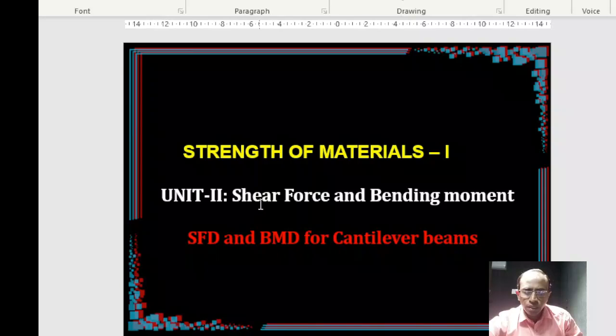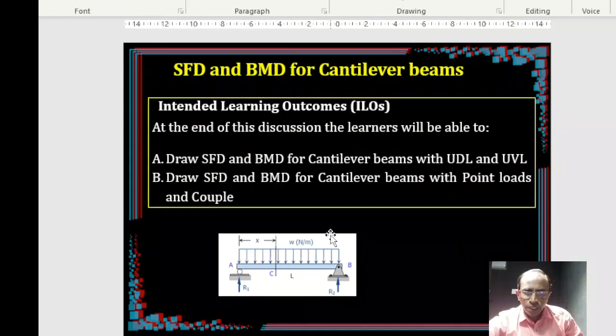This is part of Unit 2, namely shear force and bending moment, part of the syllabus in the Strength of Materials 1 course. I am hoping that by the end of this discussion, we'll be able to at least draw the shear force and bending moment diagram for cantilever beams with UDL, which means uniformly distributed load, and uniformly varying loads. Also able to construct the shear force and bending moment diagram for point loads, as well as when there are couples acting on the